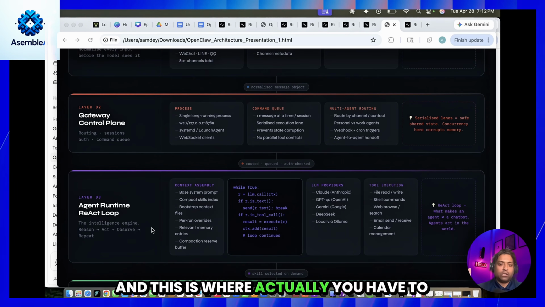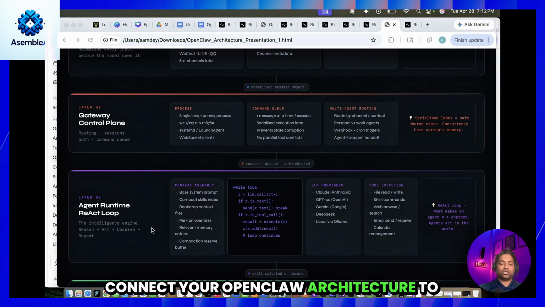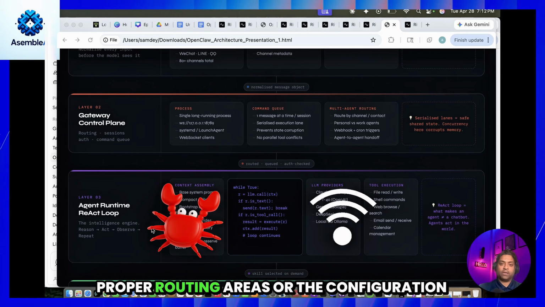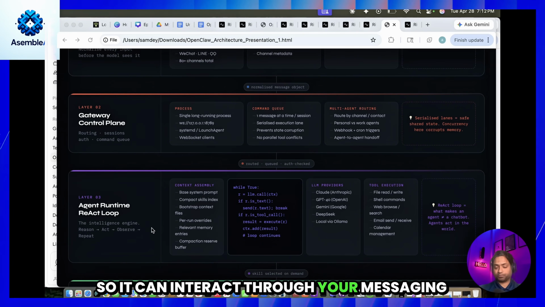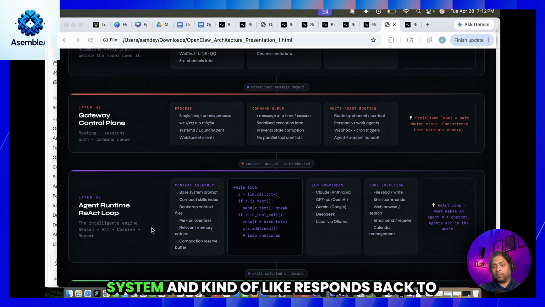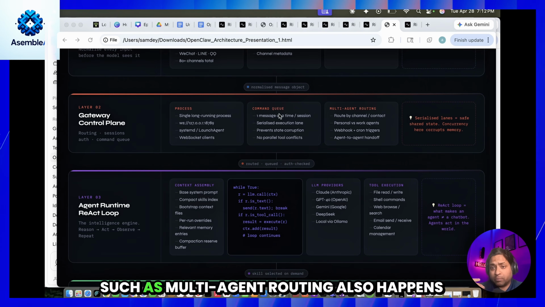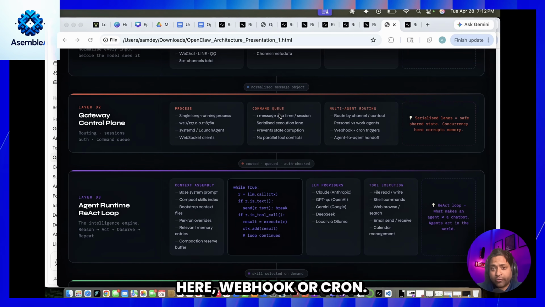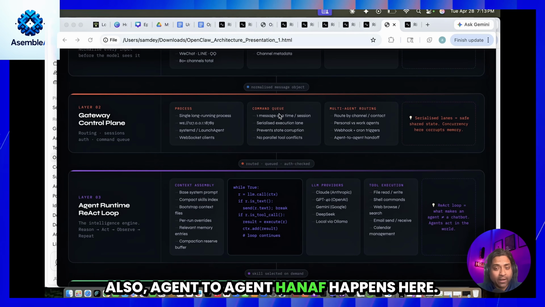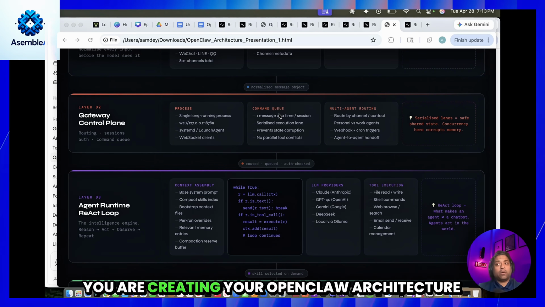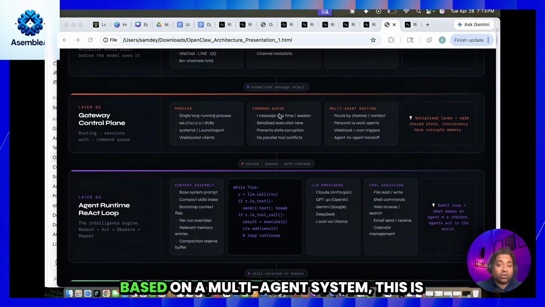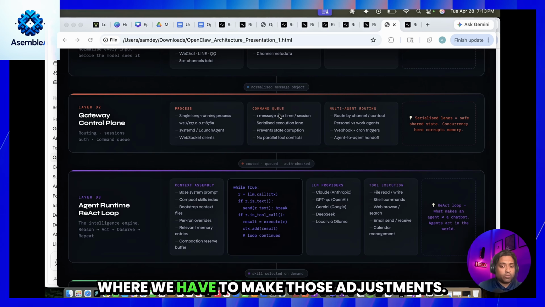And this is where you have to connect your OpenClaw architecture to proper routing areas or the configuration so it can interact through your messaging system and respond back to your commands. There is a lot of other information, such as multi-agent routing, which also happens here, webhook or cron triggers. Also, agent-to-agent handoff happens here. If you are creating your OpenClaw architecture based on a multi-agent system, this is where we have to make those